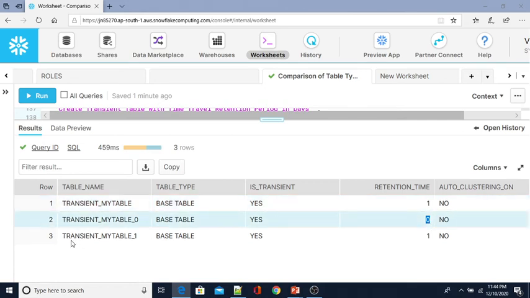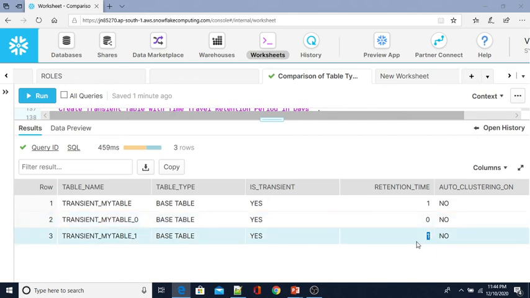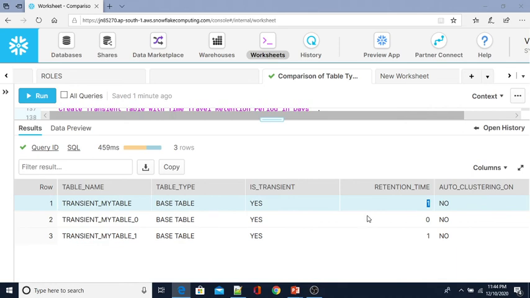And we have specified transient_my_table_1, for this one we have explicitly specified the 1. So in this case, when you specify the 0, it takes the 0 only. When you specify the 1, it takes the 1. And if you don't specify anything, it will take 1, whereas the temporary table, it is always 0.